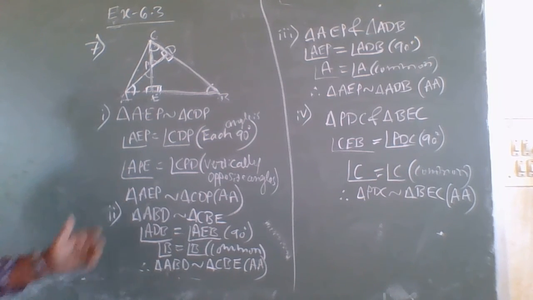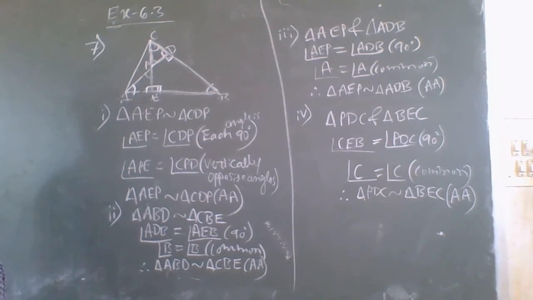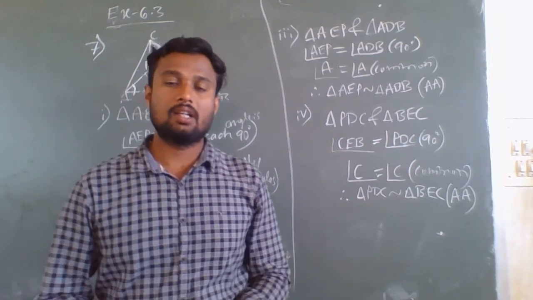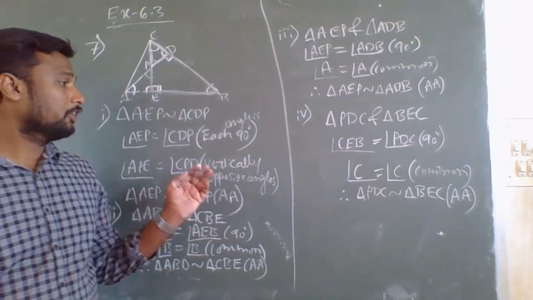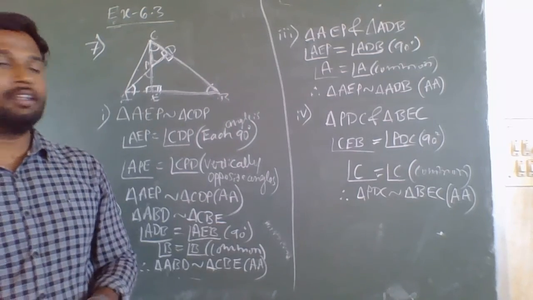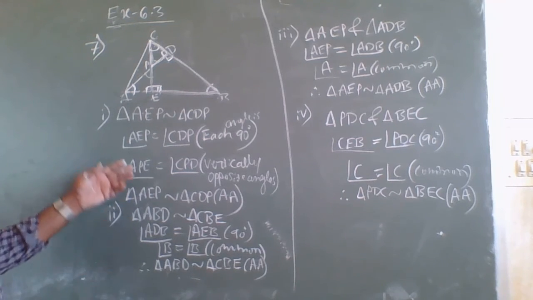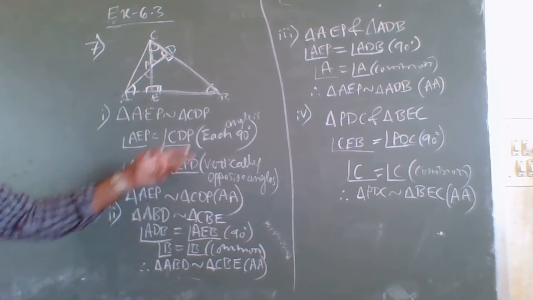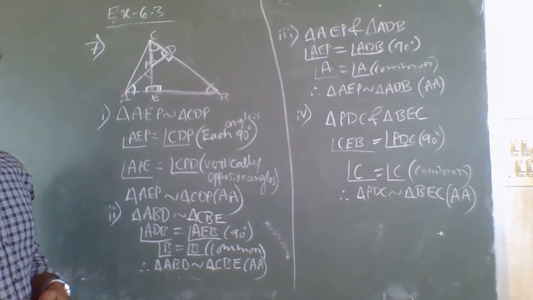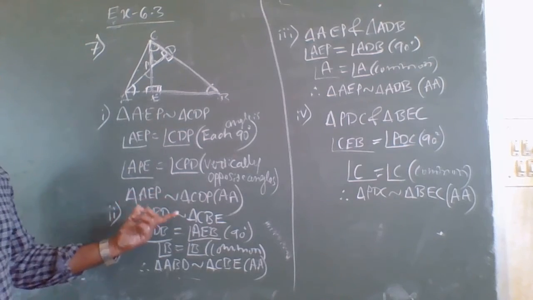We have to prove these four pairs of triangles as similar by using the angle property AA. If two corresponding angles are equal to each other in two triangles, then the remaining angle should be equal only. So in all the cases, if two angles are equal to each other, then the remaining angle should be equal. Therefore we can say that by AA, the given two triangles are similar to each other.